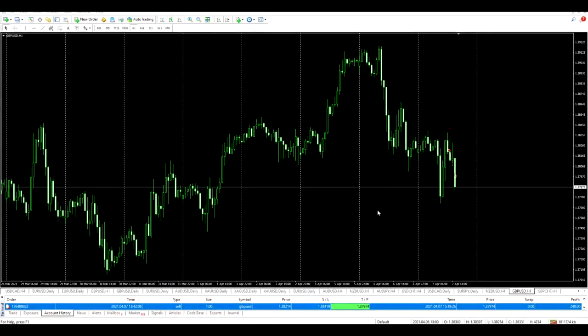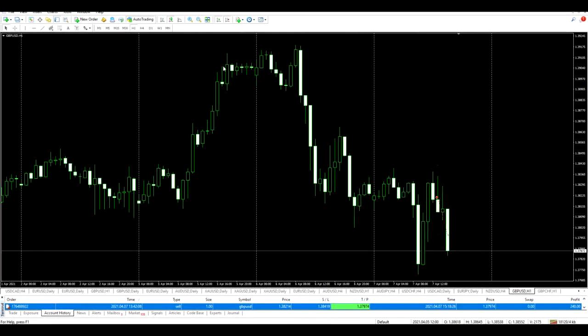Okay, guys, and I'm back, and we can see that the trade has played out nicely. I entered here. Let me just zoom in a little bit. And we can see that within a couple of hours the trade played out, my take profit target was hit, and that was a quick